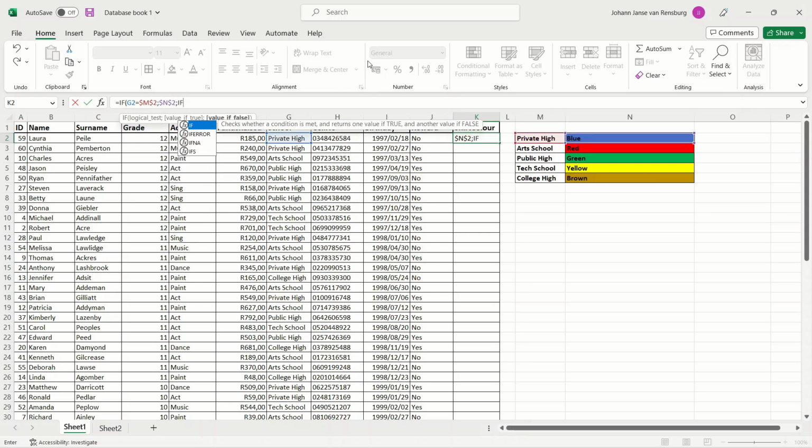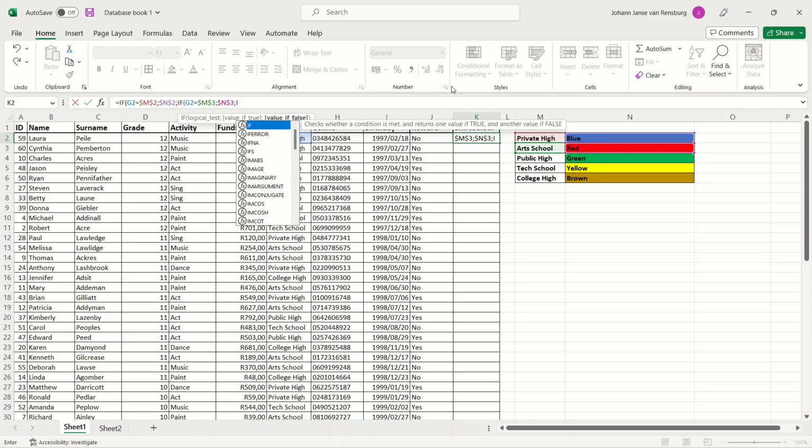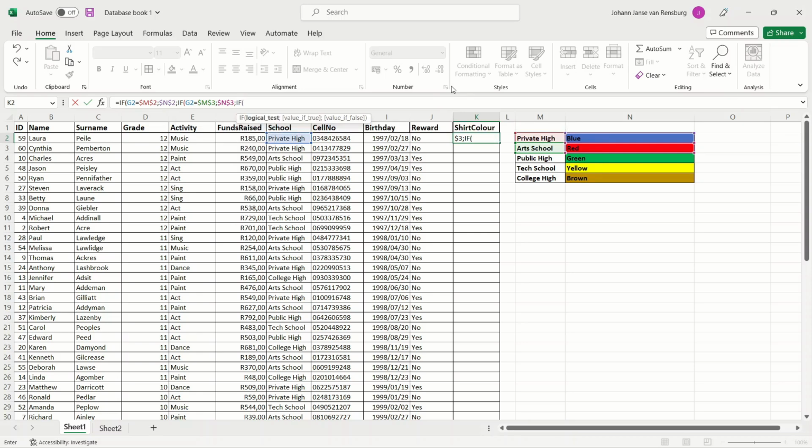Okay, so if, and then bracket. So let's test the school again. If this time it's equal to the art school, and let's absolute reference that, then it must be a red shirt, and absolute reference. If that is false, I still have 3 options left. So let's go if again. If, and bracket, logical test again. If the school is equal to the public school,